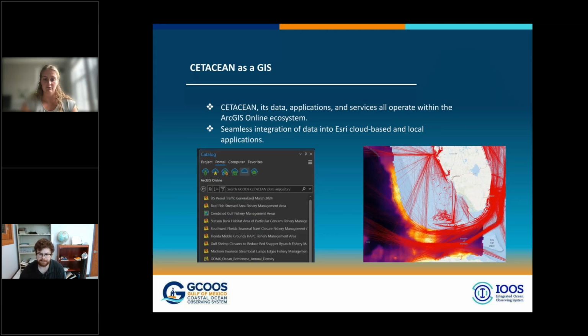So I'd like to start off with talking about a little bit of Cetacean as its own GIS, Cetacean as a system, and why it's more than just a hub page. How we leverage ArcGIS Online infrastructure to maximize points of access for data sets to accommodate a diverse user base. I'd also like to talk about what supporting projects are in development and what the next steps are for us with the Cetacean project. So as I mentioned, Cetacean, its data, applications, and all services currently operate within the ArcGIS